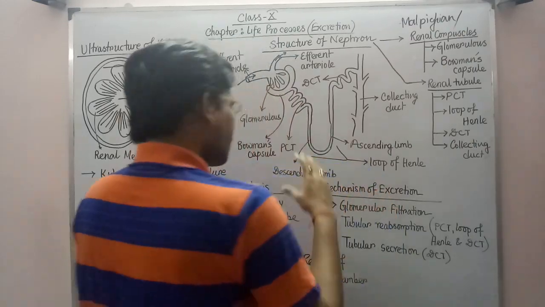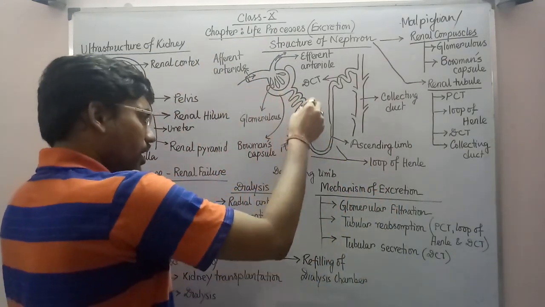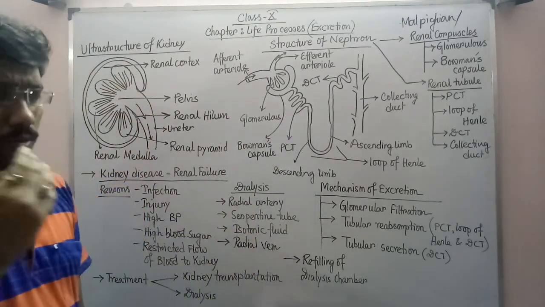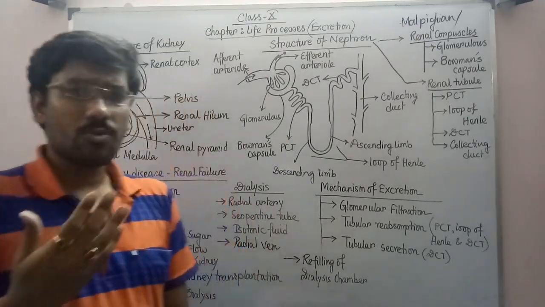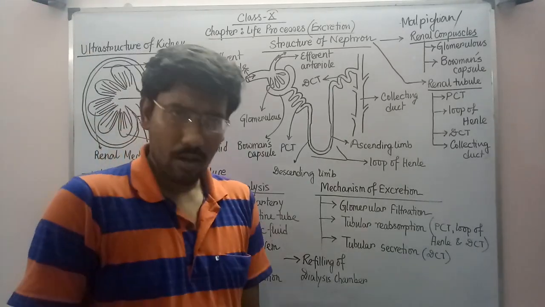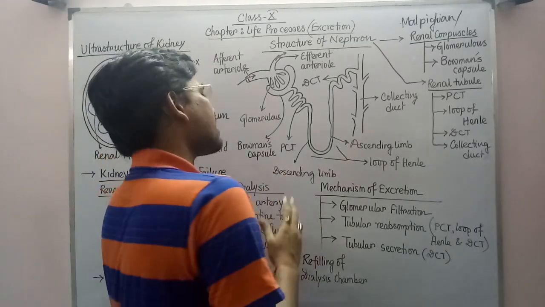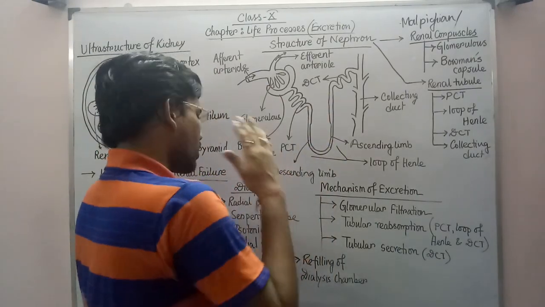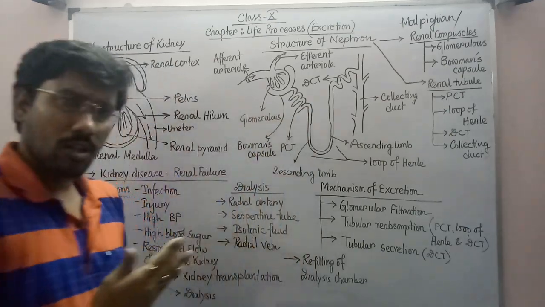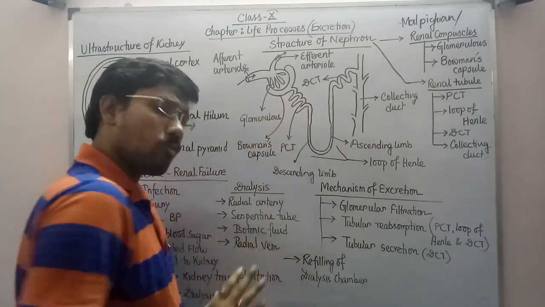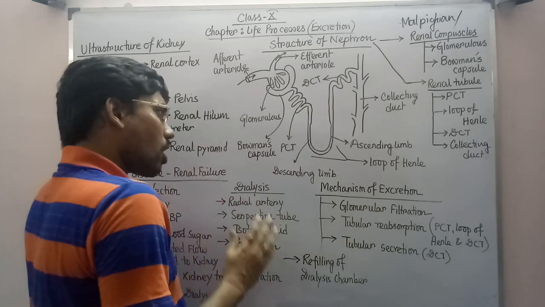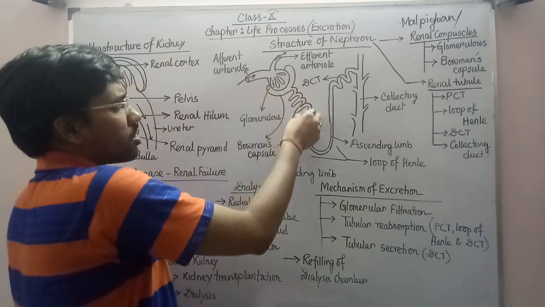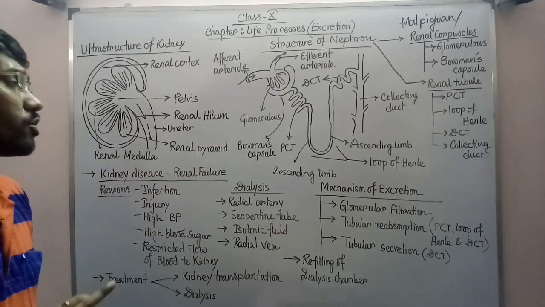your mind that in the descending limb of the loop of Henle, again, various kinds of mineral ions as well as water will be getting absorbed properly. Clear? Specifically, the water will be getting absorbed from the descending limb of the loop of Henle. So when the water is absorbed from the descending limb, automatically what is happening? The concentration of the urine is gradually increasing, because keep it in your mind, first of all, what has